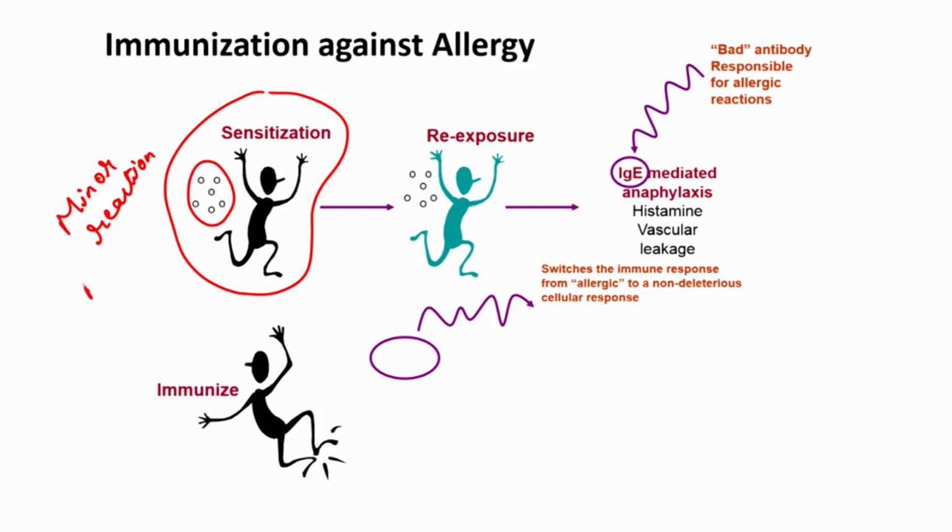So, the body has generated memory cells for this, it is now able to bind to it very strongly, it is able to produce lots of cytokines in presence of this. So, activate the immune response in a big way. And now the second time or the third time the patients or the folks suffering from this peanut allergy take this peanut, the body is actually ready for it, and unfortunately in this case the body mounts such a high immune response that there are so many cytokines, there are so many other immune responses that are generated that